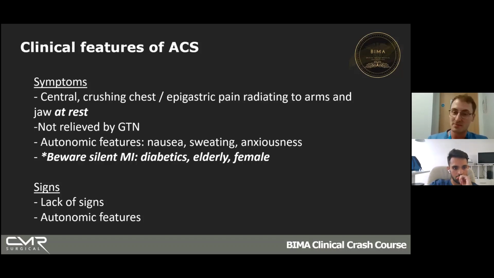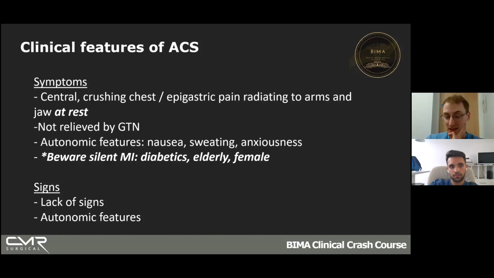So they're the symptoms. They're the main way you make the diagnosis clinically. There aren't really any signs in ACS, apart from the autonomic features that we talked about before. What you're kind of looking for now is a lack of signs. So if you, for example, had no air entry on one side of your chest, that would mean maybe there's something going on in your lungs, a pneumothorax or a pleural effusion. In ACS, normally you have a normal physical examination, which again, although it isn't anything positive, points to ACS as a diagnosis. So those are the symptoms.